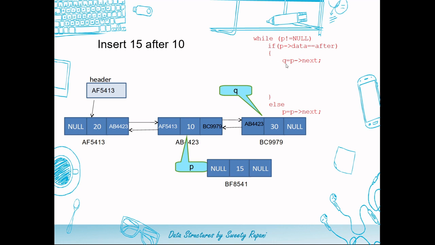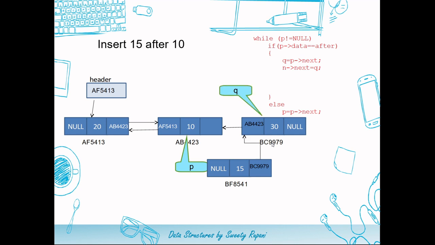So we are taking Q to point to next of P because this is required to be updated. That is, a previous of Q is required to be updated along with the next of P. So Q is made to point to next of P by this statement. Once we are done moving a Q, next step would be moving this value which was stored in the next part of P in a newly created node. So that's what we are doing. Next part of P will get an address which is the address of a Q. We are writing next part of N to be equal to Q.